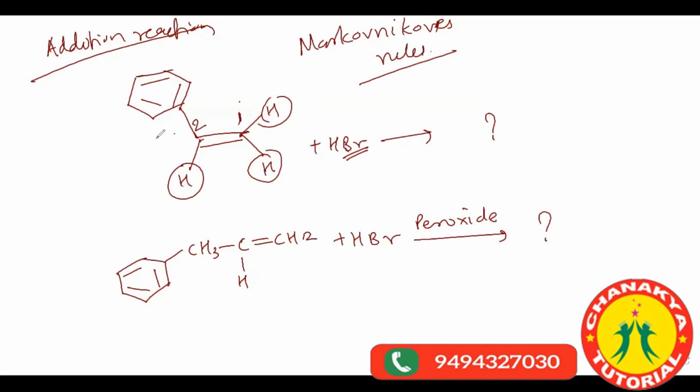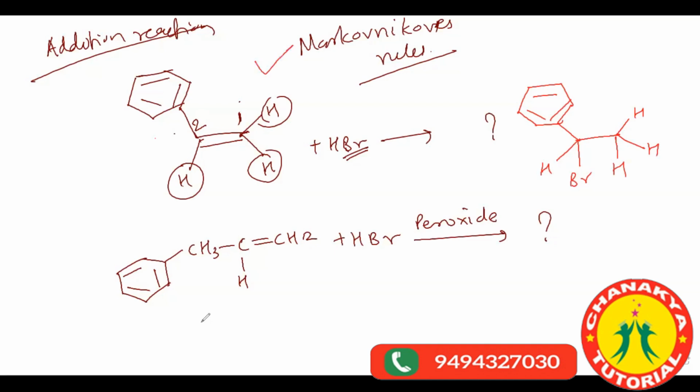I'll show you in a different color, that would be easy to understand. This would be the benzene ring as it is. It won't be affected at all. Here hydrogen as it is, then it will attach to the bromine. The carbon-carbon double bond will break and convert into a single bond. Here is a hydrogen, here is a hydrogen, and here also would be hydrogen. This would be your product, and it is due to Markovnikov's rule. But instead of direct addition of hydrogen bromide or any mineral halide acid,